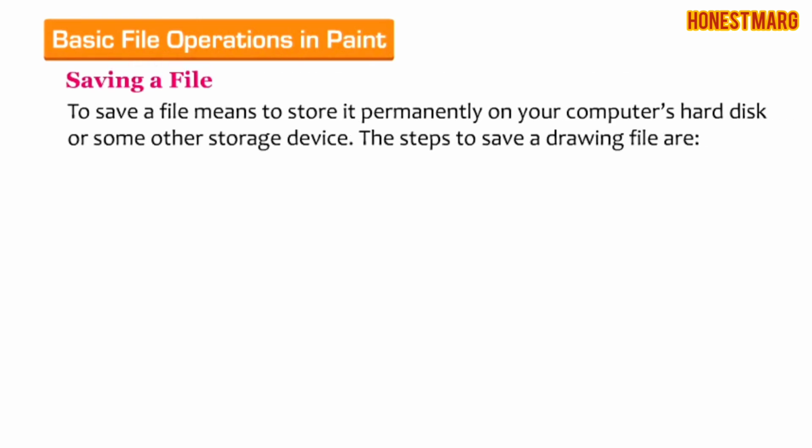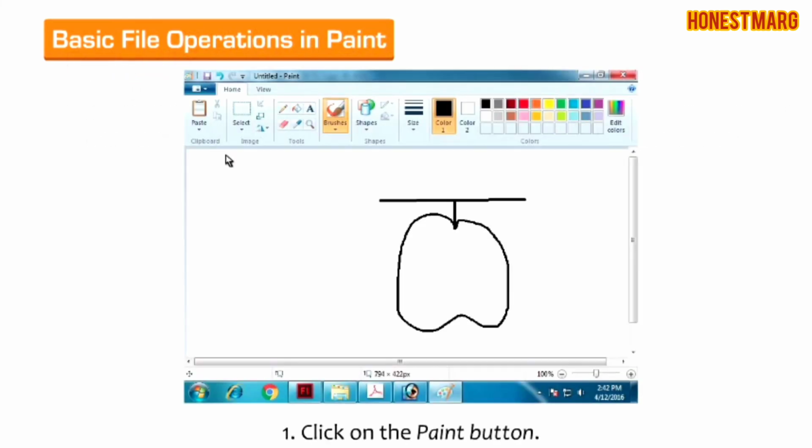Saving a file. To save a file means to store it permanently on your computer's hard disk or some other storage device. The steps to save a drawing file are: